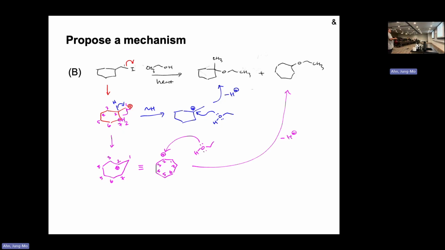The 7-member ring is probably less stable than the 6-member ring, and the carbon shift is much slower. But it is possible, even though it's a small amount. That's the reason why rearrangement can make something very bizarre. So you should look out, because it's all relevant to the carbocation. The carbocation is what makes it difficult for SN1 chemistry. That's the main point to differentiate from SN2 and SN1. And most importantly, you need to